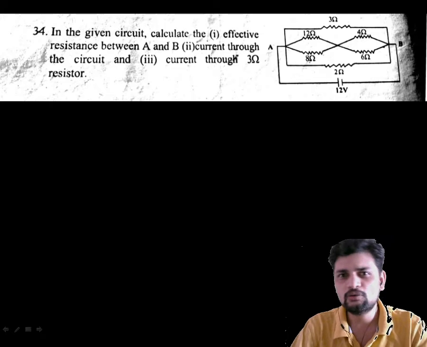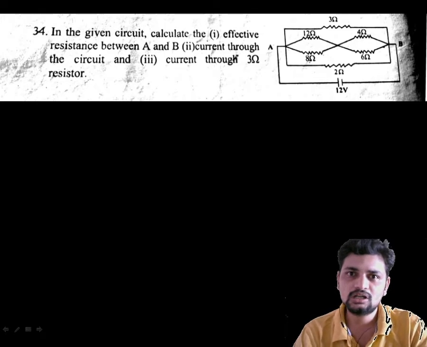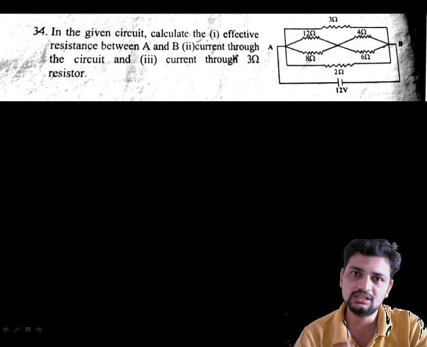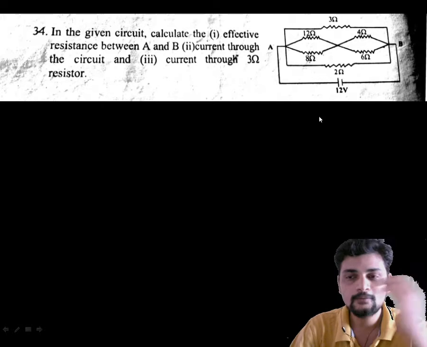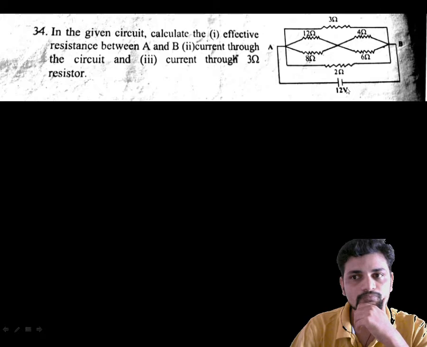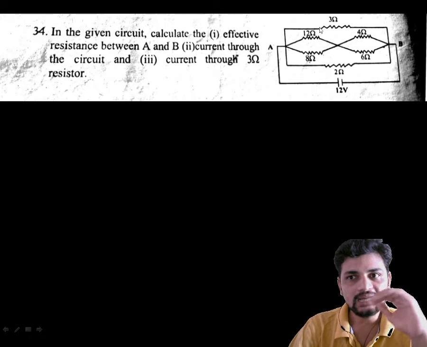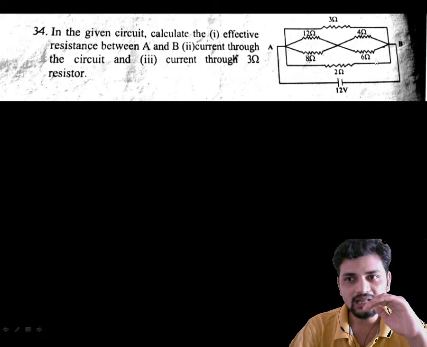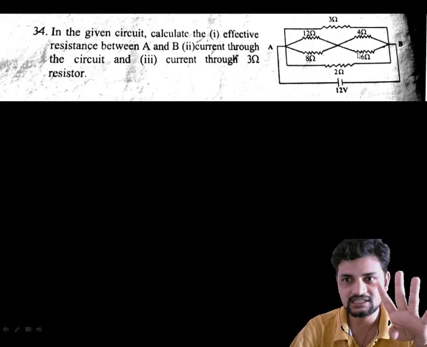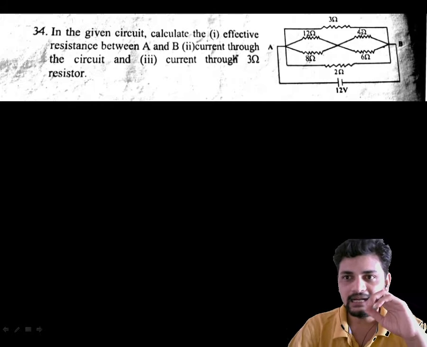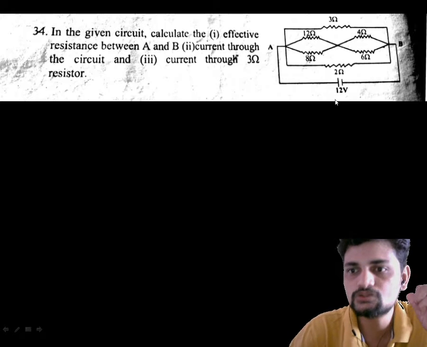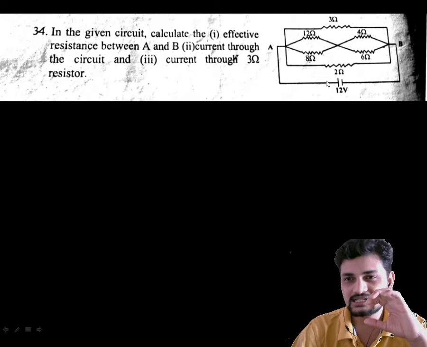Since you have already revised the chapters, you are well aware of the syllabus. With that assumption, I am continuing the video. You can clearly see in this question, a circuit diagram is given. At the upper branch 3 ohm is connected, in the middle branch there are 4 different resistors connected in this fashion, and at the lower branch we have 2 ohm. The entire circuit is connected between the terminals A and B, which in turn is connected to a battery whose potential is 12 volt. So this is the circuit explanation.